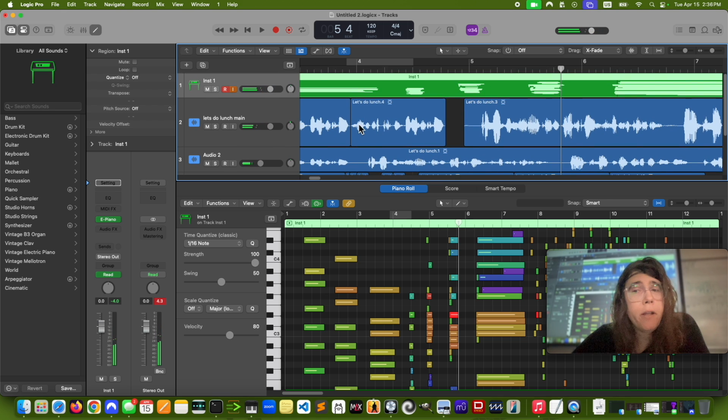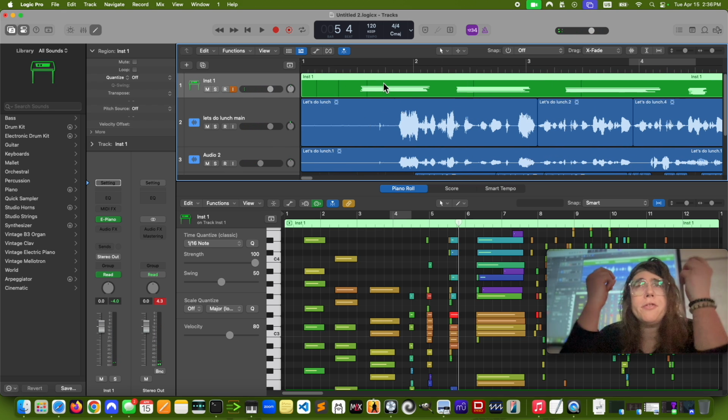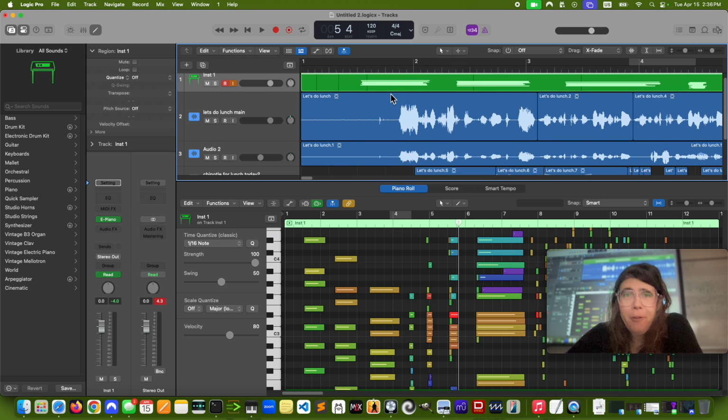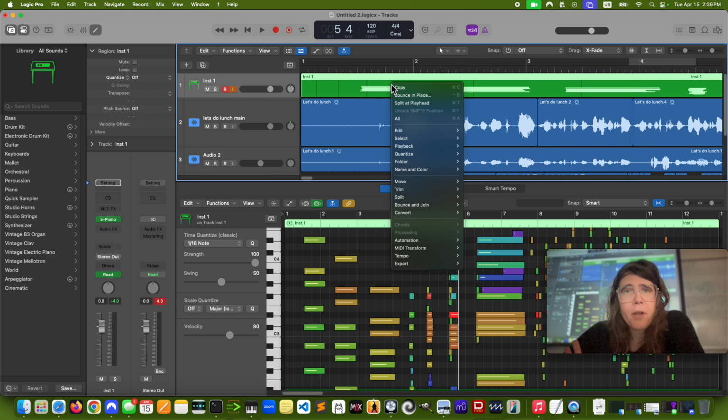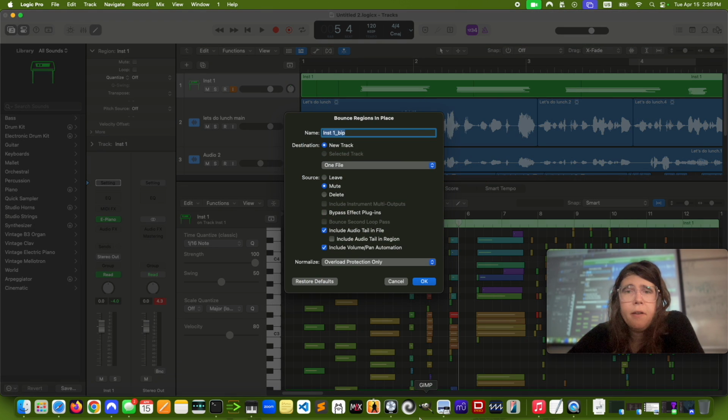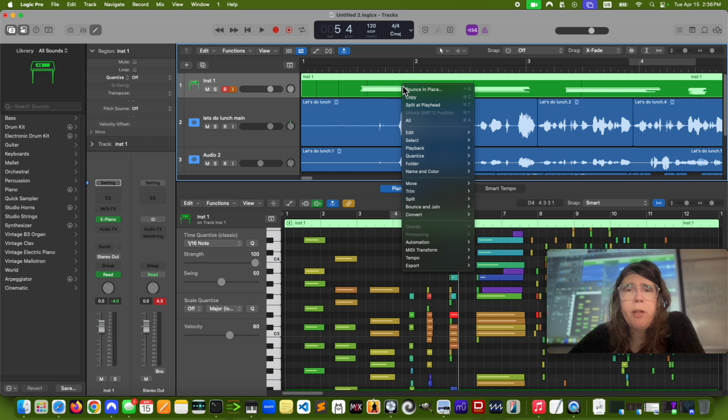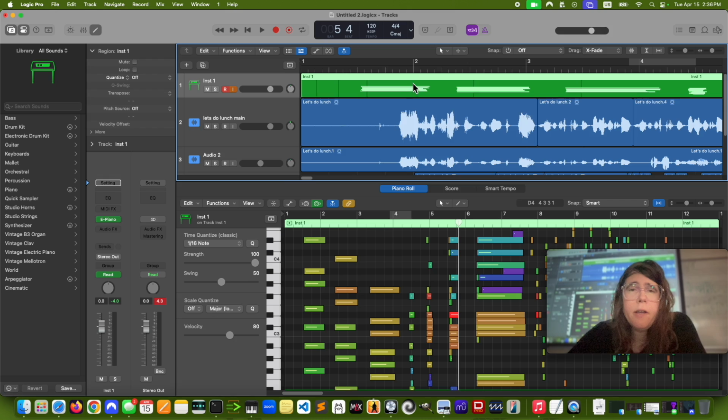Okay, now, the thing I was talking about was, let's say I'm stoked on that MIDI track. I love it. I don't need to make a single change to it. It's perfect as it is. Radical acceptance of the MIDI track. So I'm going to right click on this and say bounce in place. You've heard me use this word before. Bounce essentially means I'm going to turn it into another form. So I'm going to turn this MIDI track into an audio track. Bounce in place, and then this pops up.